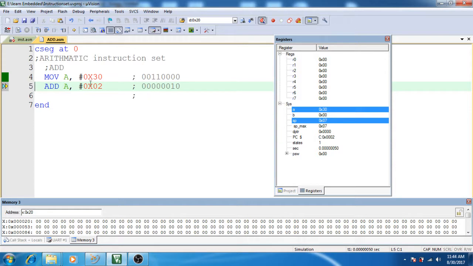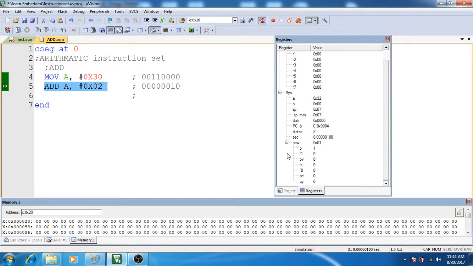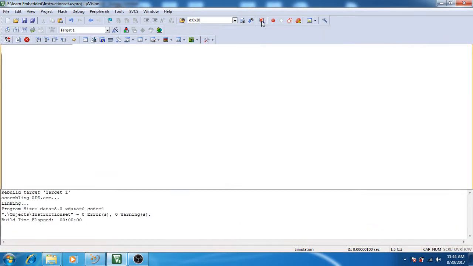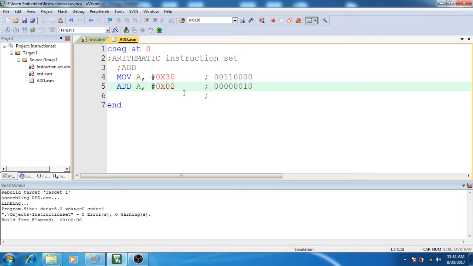Here A contains 30, and again I run this code. Now ADD A, #02 means 30 plus 2 is 32. Okay, you can see that the parity bit is changed. Okay, also we can write